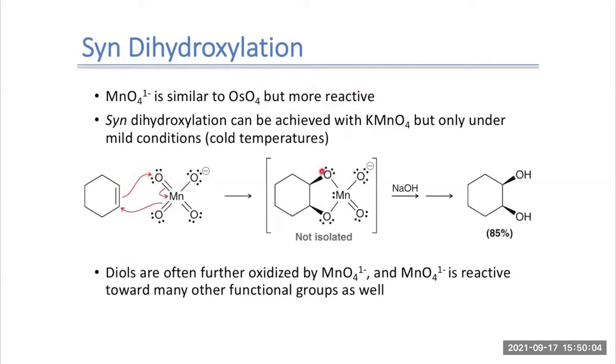So you're not going to isolate the intermediate here. Instead, it's going to get removed to form your diol. So if we were to write this reaction out on an arrow, I would say it's potassium permanganate, and it's usually in dilute conditions with cold water because we need those mild conditions to get us from our alkene